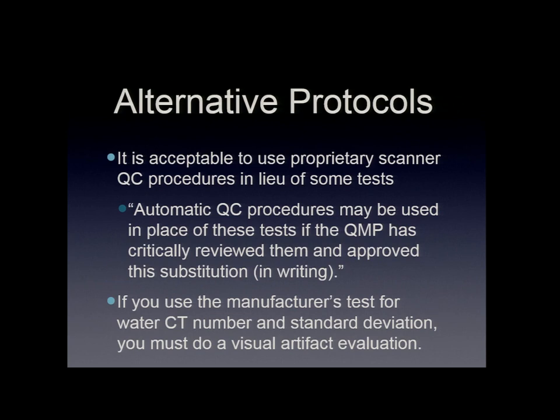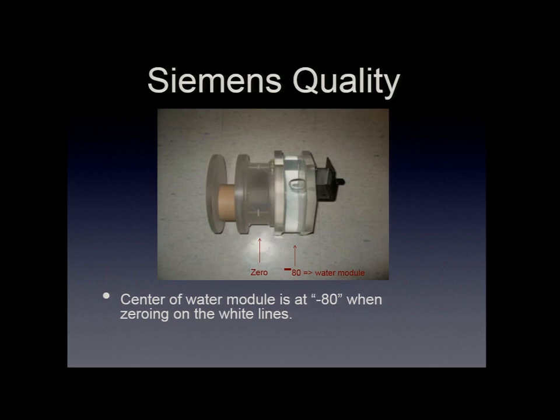The thing is that if you have automated QC, they don't have an artifact check on their little automated printout that they have. So you'll have to document that you're evaluating it for artifacts. So there needs to be some other form of documenting that if you're using those automated things. And this is an example, the Siemens Phantom, and you zero it there in the middle, and then